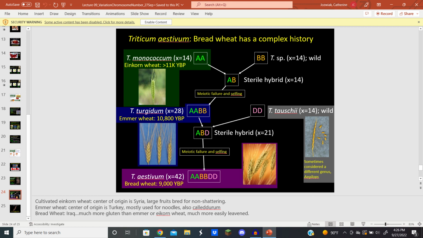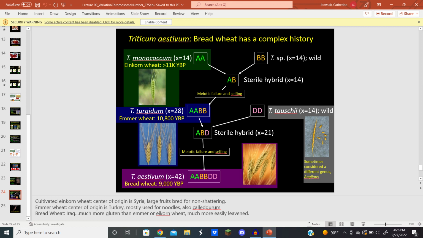So this is the wheat that is in my sandwich, which is in my bag right now. That's bread wheat today. Really, polyploidy is incredibly important for the development of it. And when we think about it, right, some of what we know about polyploidy makes sense, right? We look at Triticum monococcum, right? It's got really, really small seeds compared to its polyploid descendant, right? Which has got really, really massive seeds, right? These are much more